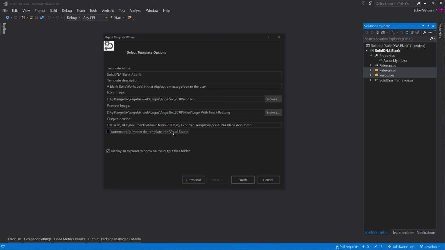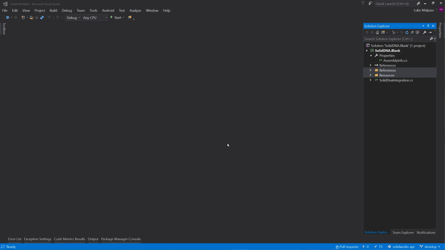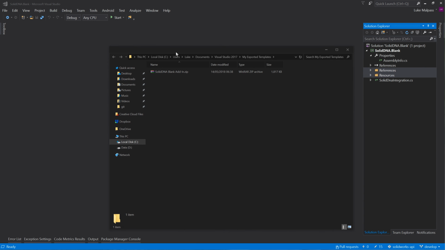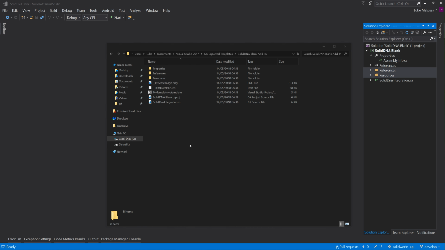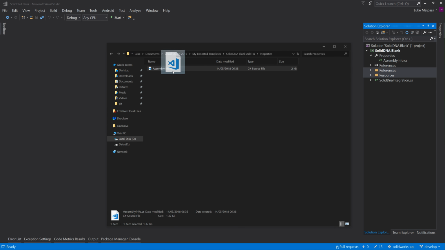I'm going to uncheck the automatically import template because I want to manually do that and check it works. Click finish, and this makes a zip for you with your add-in. We're now just going to extract that zip. So what this has done for the most part is zipped up your project. So you can see assembly info. If we were to open this in VS Code, actually,